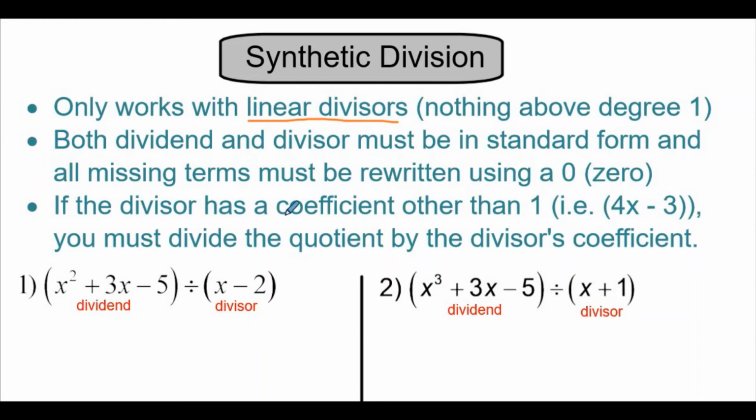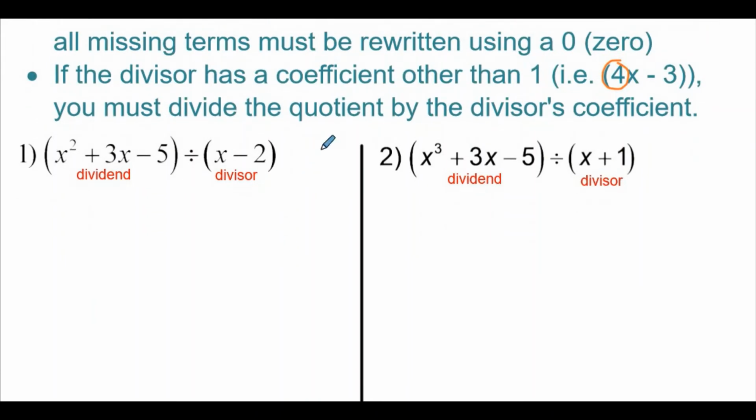If the divisor has a coefficient other than 1, you must divide the quotient by the divisor's coefficient. What that is saying is there's a problem when you have a number in front of the x. So the first two examples don't have that, and then we'll look at problems. So let's learn the process. So the process is